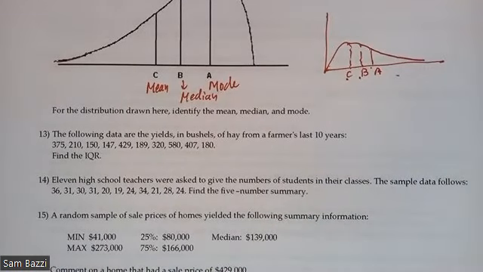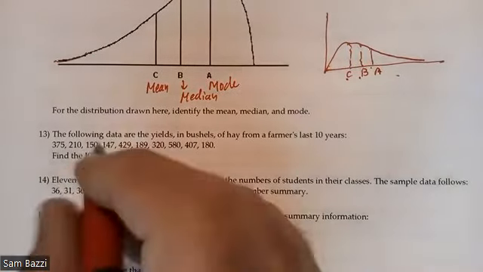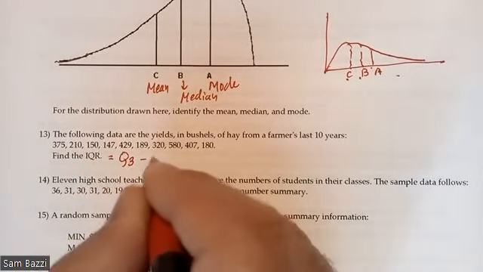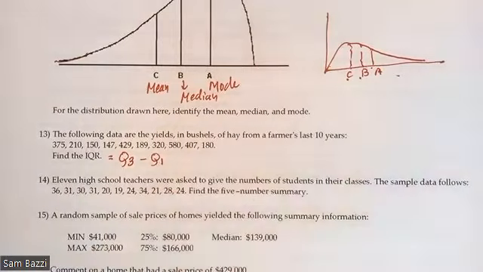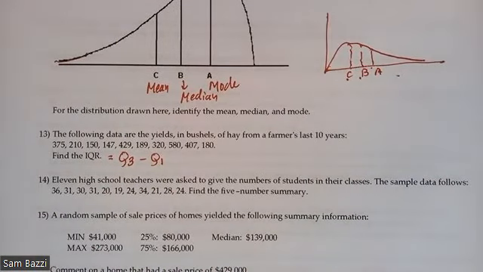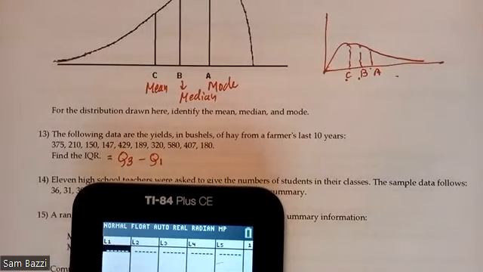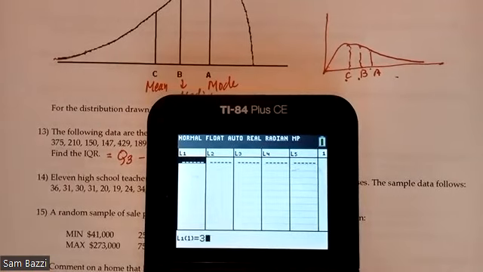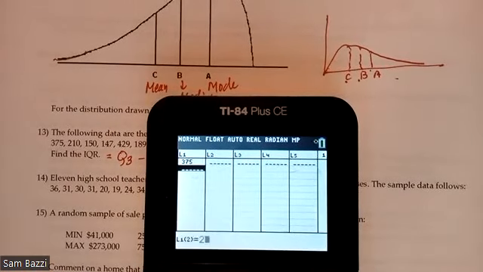The following data are the yields in bushels of hay from a farmer's last 10 years. Find IQR. IQR, guys, is the interquartile range, which is by definition Q3 minus Q1. Okay, in order to do that, you're going to need to key in the data. So let's stat, edit. I'm clearing my list, and I'm just going to do this one more time to remind the students how to do this. So 375, 210,